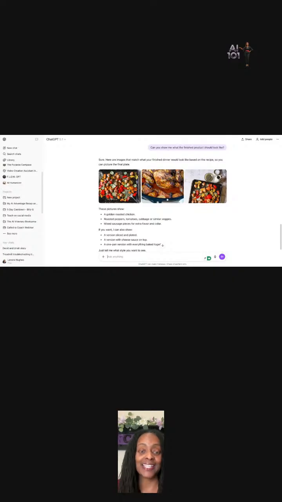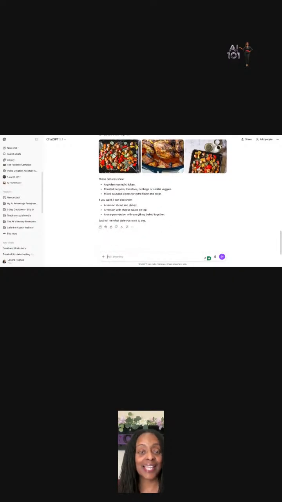So it's showing you an idea of exactly what this particular dish could look like. And then it says here, do you want to see it sliced and plated? Do you want to see it with the cheese sauce on top? Do you want to see a one pan version of how to do this if you bake it all together? So it's giving you all of these different ideas and thoughts of how you can go about making a meal